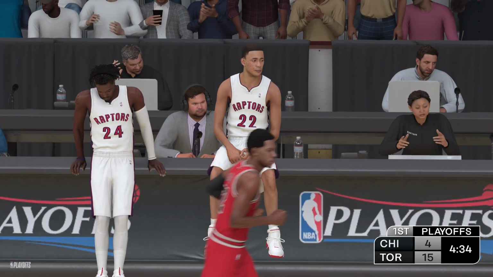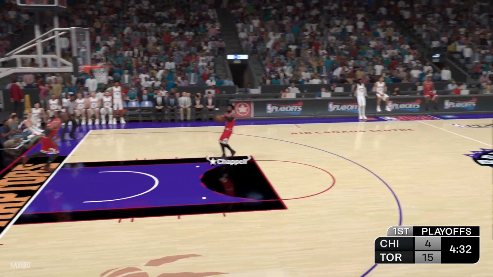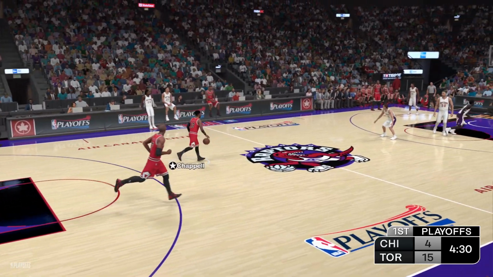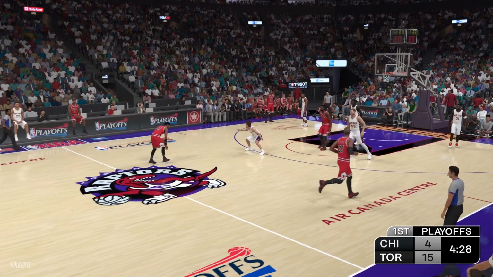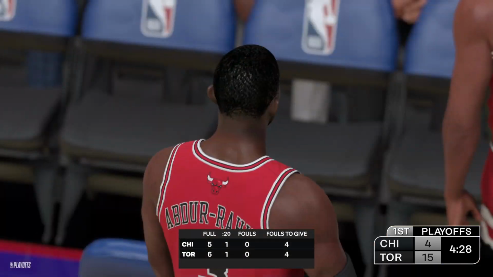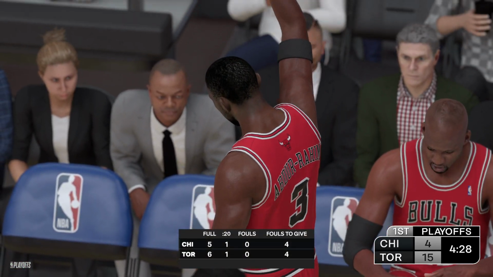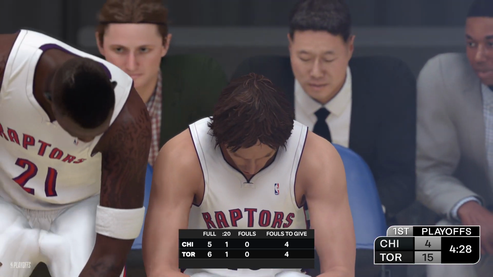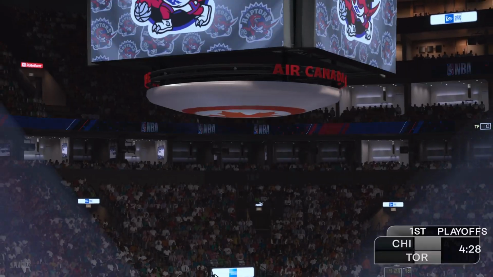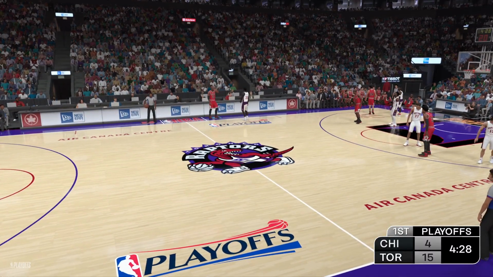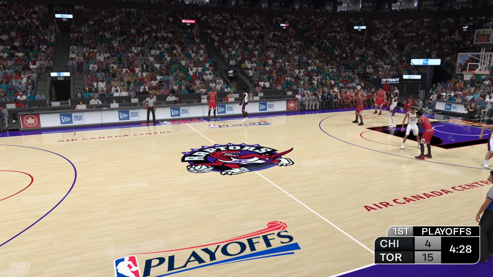Richardson's got 6 points. I like their focus coming in. Terrific execution so far. And, you know, it's an all-out effort they've come in with. Very aggressive offense so far. Chicago calls timeout. Walls is checked in for Toronto. Prince comes in for Artest. The Bulls making a switch here.